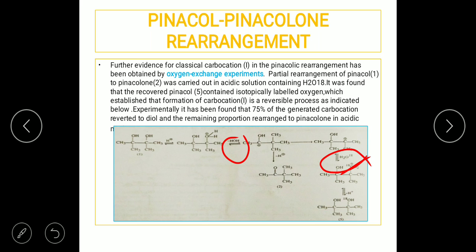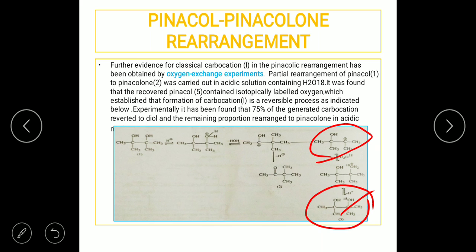See here again, I'm telling you, the carbocation could have reacted with this water molecule. If it had reacted, we would think that it is still this intermediate which is formed, or the starting material. But if you look at intermediate 5, you can see that the oxygen here is labeled as 18. So that means the carbocation has been generated, which is a classical carbocation, and its reaction with the oxygen isotope is giving rise to this intermediate 5. So this proves that there is a classical carbocation formed in the